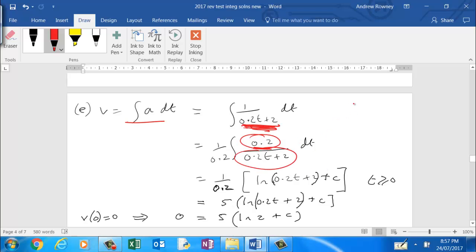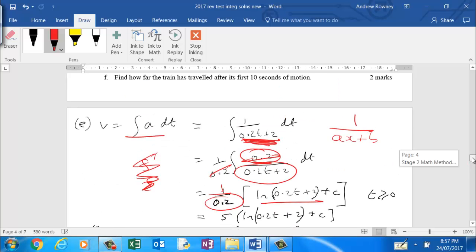But it'd probably be easier if you just consider it as a 1 on an ax plus b. So you don't have to put in the 0.2 and the 0.2, just go straight to the ln divided by 1 on a. It'll be a lot easier. 1 on a times the ln of ax plus b. You don't have to consider it as an f dash on f, that's a long way of doing it. A bit silly. Okay, so now we've got the velocity,